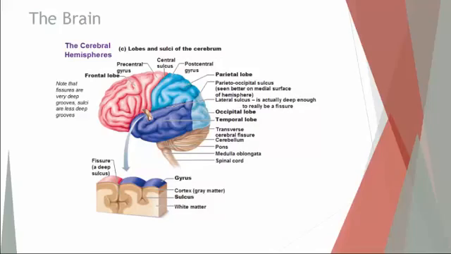Also, looking at this, you'll see this slice of the brain here has been taken out, so you can get an idea of how it looks. See, a fissure is really just a deep sulcus, a deep indentation, and a gyrus is more of a ridge. And then you'll see the difference between the white and dark matter. White matter actually looks white compared to the gray because white matter is covered with a lipoprotein called myelin to help speed along the impulse or the synapse between neurons. So that's why it's called white matter. It actually does look white compared to the gray matter, which does not have that myelin covering.